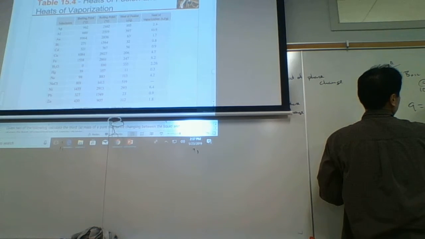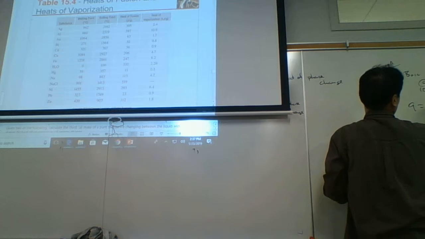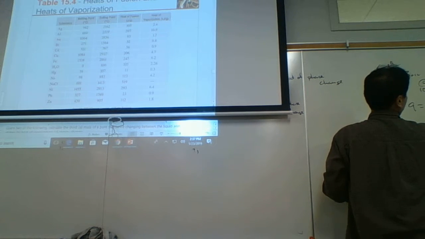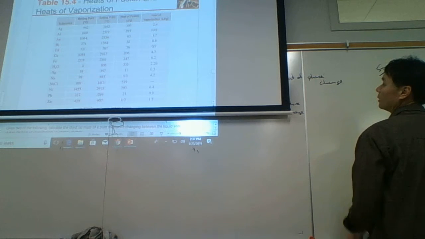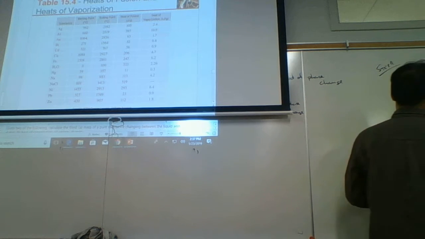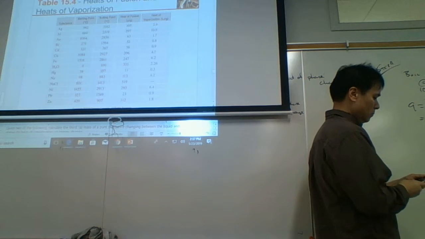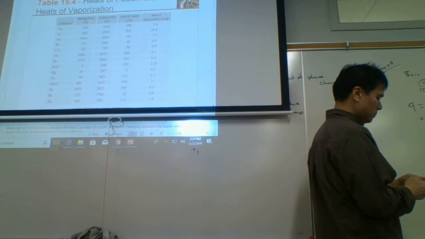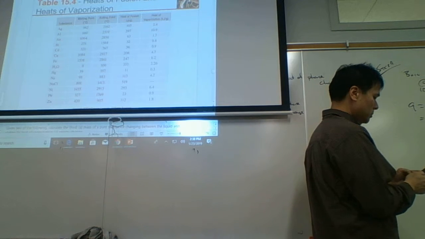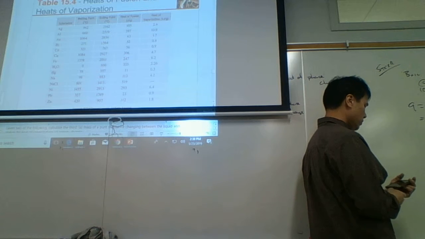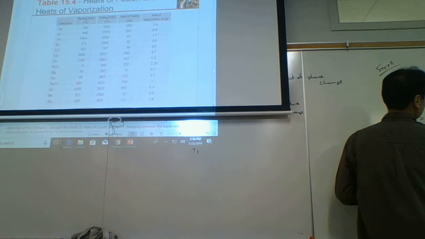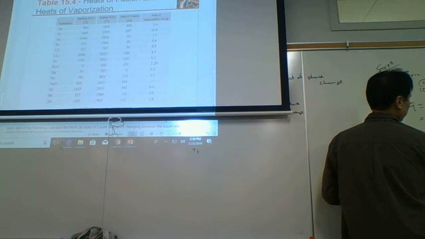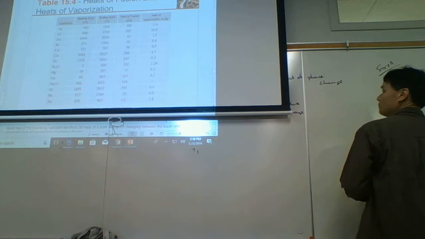And so I go back to the chart and look, delta H of vaporization is 2.26. And so Q is equal to the amount times delta H of vaporization. And so the amount is 19.6 grams. Delta H of vaporization is 2.26 kilojoules per gram. So 19.6 times 2.26, 44.296 kilojoules. This is 44.296 kilojoules, which is equal to 44,296 joules.